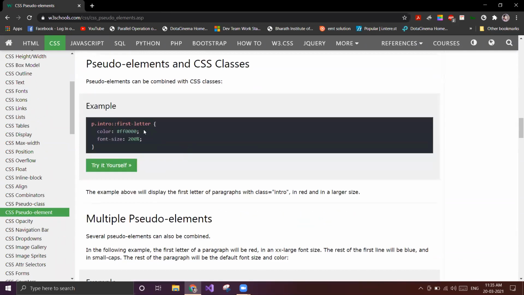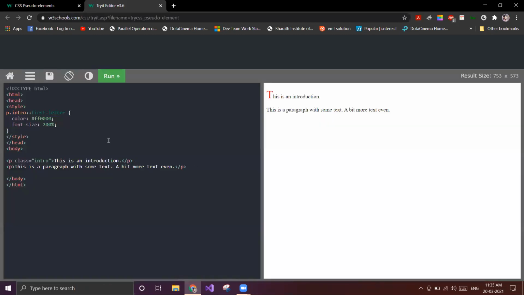This is the same, and they can be combined with CSS classes also. What is happening here? We will have 2 p tags. One has the class intro, another has no class. So when I write like this, in the p tag with the intro class, the first letter will be red.